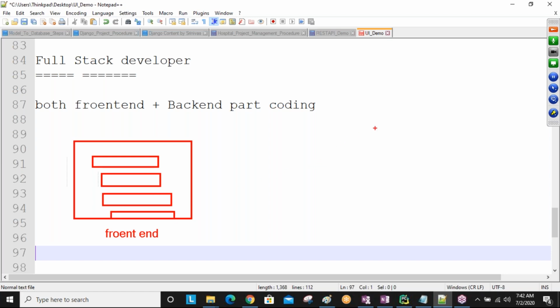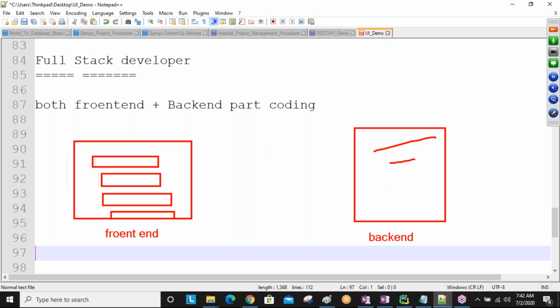And here some persons are back-end developers, developing all your back-end related logic.